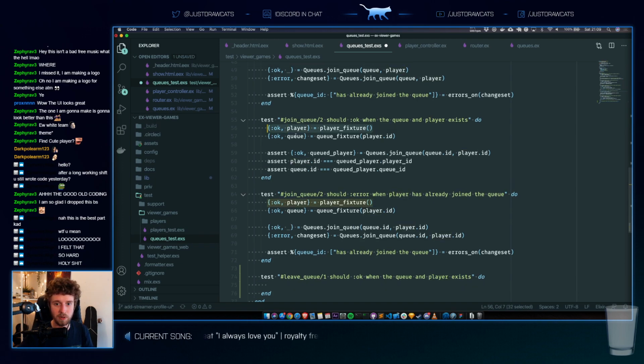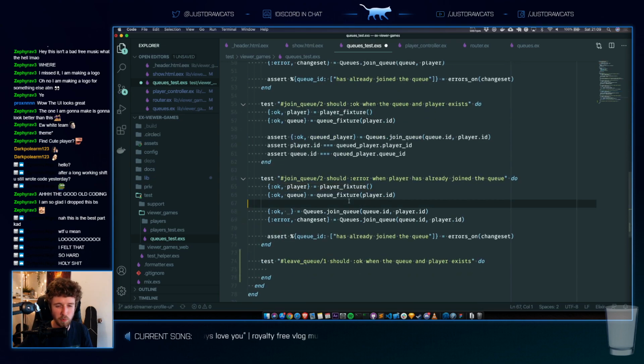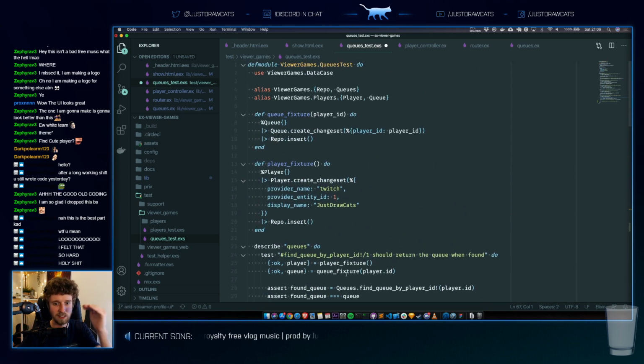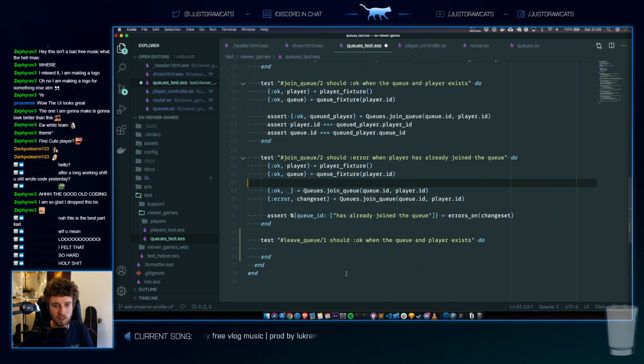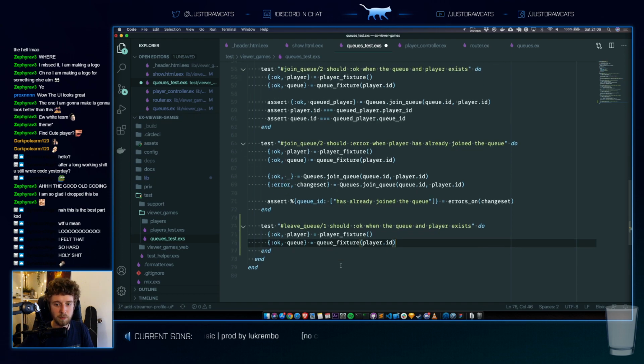Okay, we have a player. We have a player that has been in the queue. I don't think per test it clears the DB, which means in this file I can make things synchronous. Which means, let's just create a new player. Okay, we have a player and we have a queue. We joined the queue. I don't care if it succeeds.